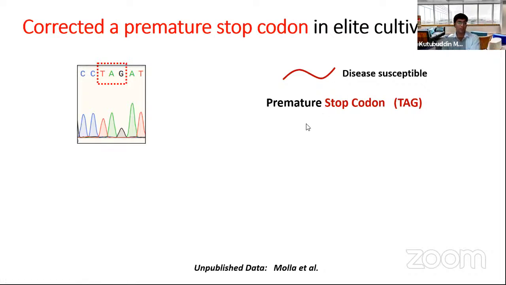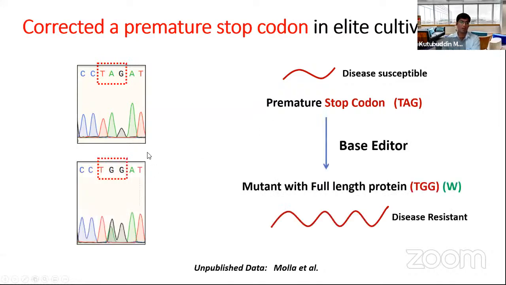So what we did, we targeted this one, and we tried to change this A base to a G base. Then it would be TGG, and this TGG codes for the tryptophan amino acid. So the stop codon is corrected to a tryptophan codon. We applied a base editor, and we could achieve a TAG correction to a TGG. So we corrected a premature stop codon to a tryptophan codon, and now you can see the translation machinery